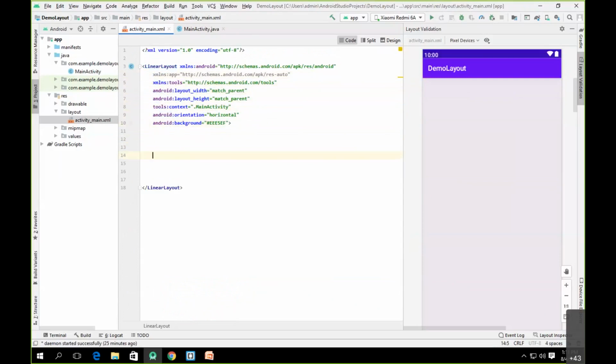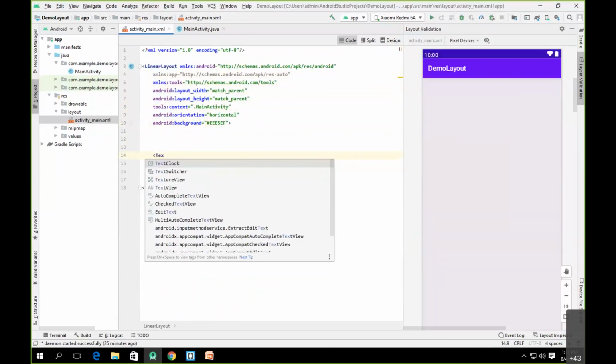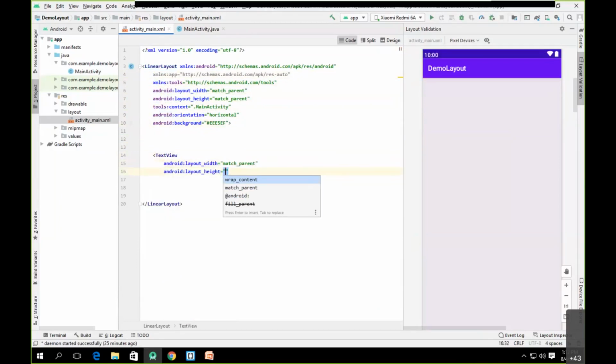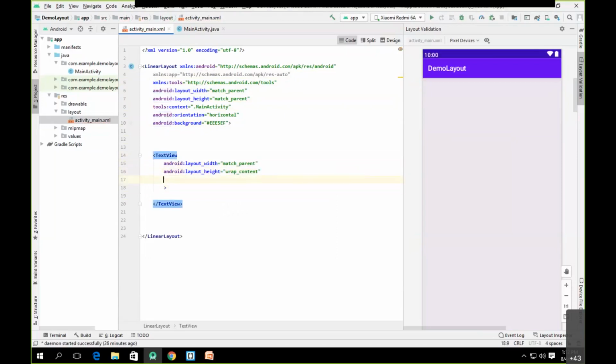The first will be the name of our window, so let's say it will be a text view. I can say this has match parent width and wrap content height, and it will contain one text.